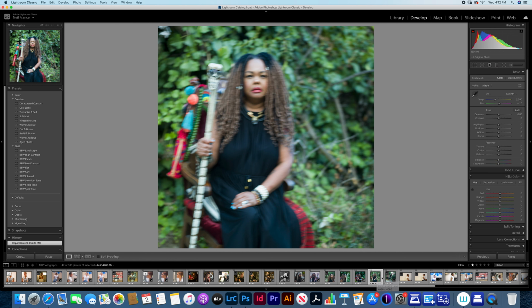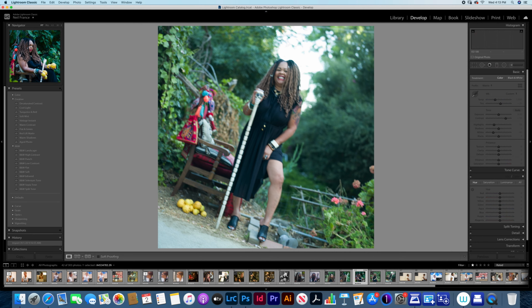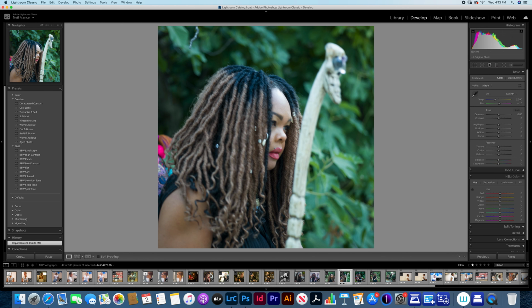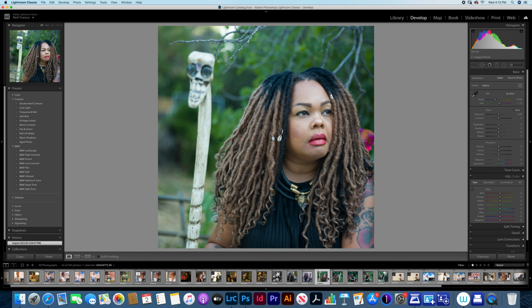This one's way out of focus. I like the energy of this, but it's also out of focus, so I wouldn't use that. So it's between that. This is also an interesting profile. This one is just not a very complimentary photo to her.